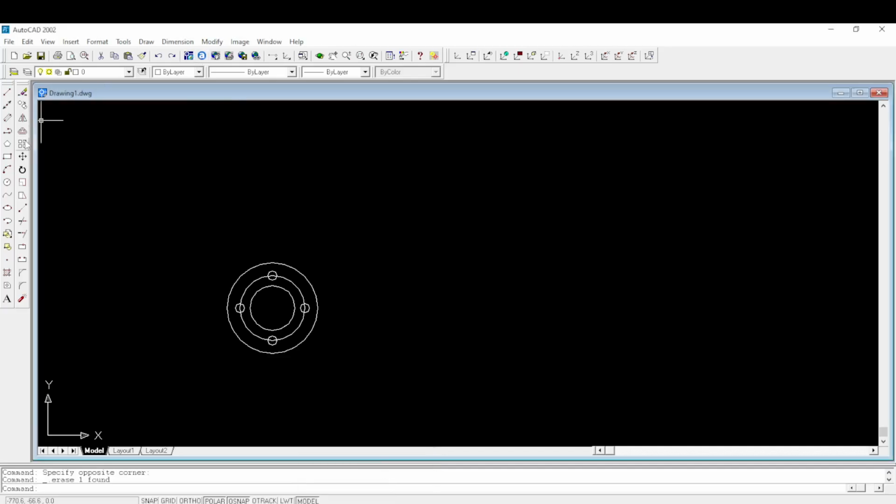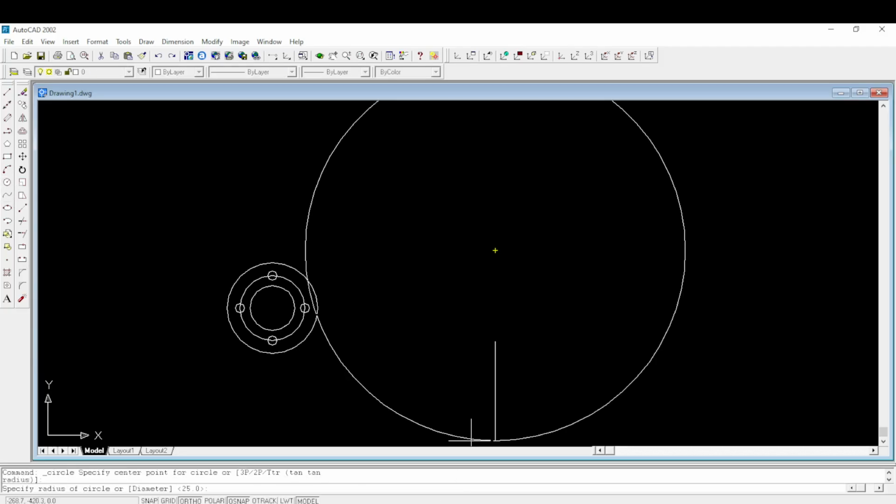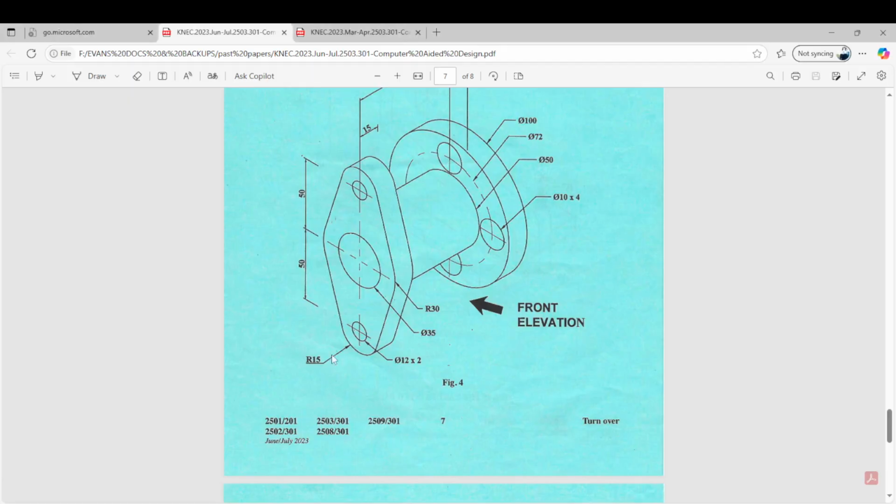So pick line. Sorry, you realize that our auto is off, so we need to always keep auto on. So line, 100, enter. Okay, so again from this side you will draw a circle of how many,